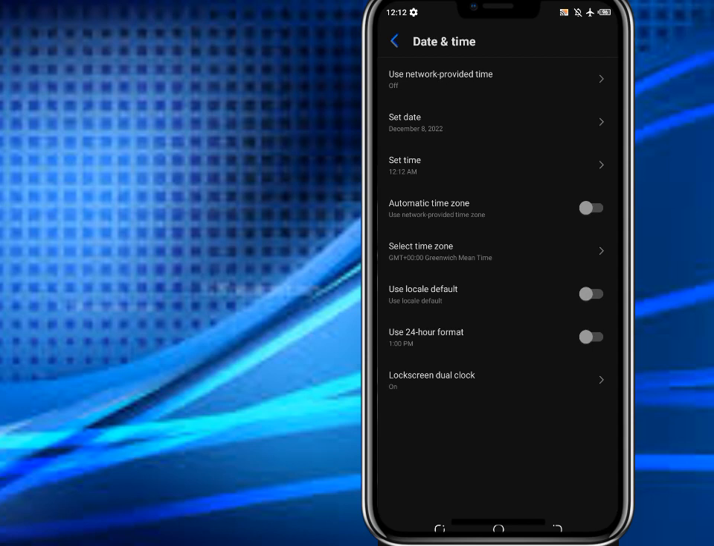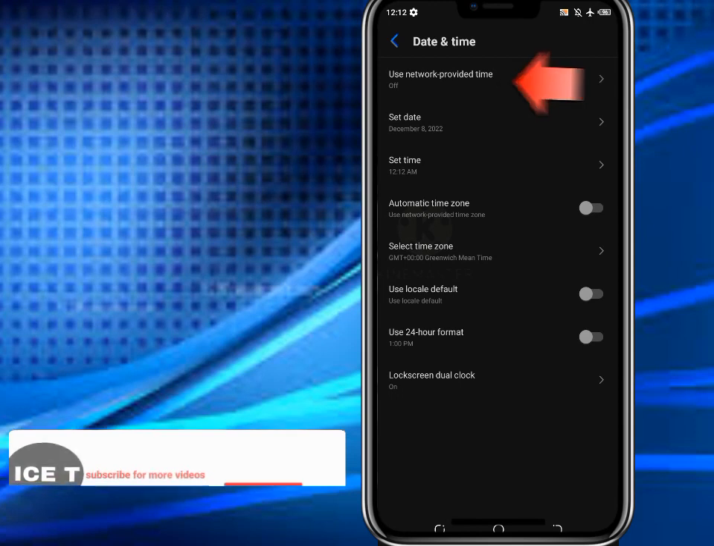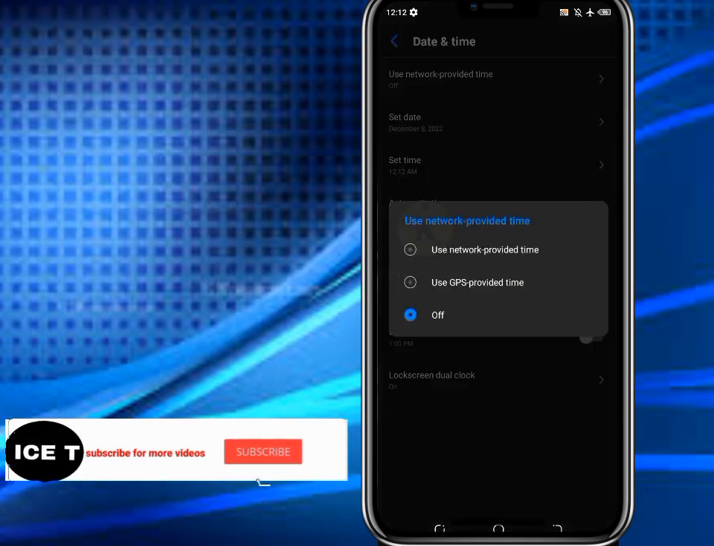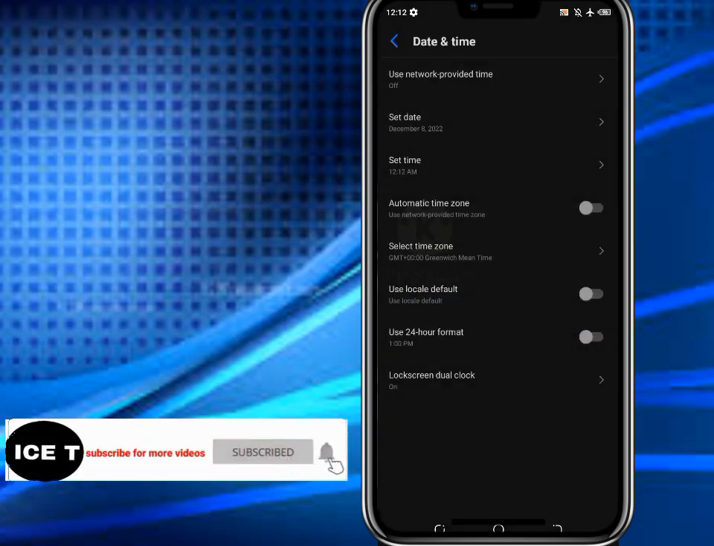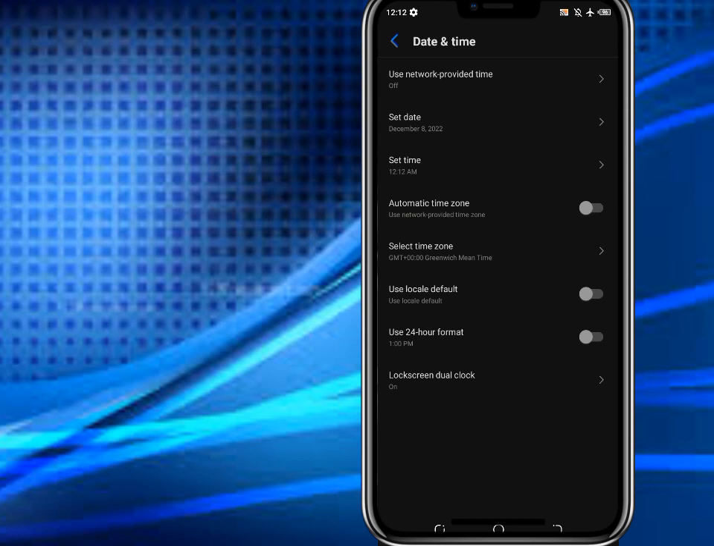So here, on some devices, when you come to the section, you see that the set date and the set time is not clickable. Right, so if it is not clickable, you click on use network provider time here, and then put it off like this. Right, so here, let's go ahead